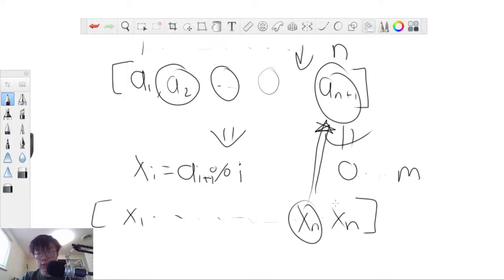So what is this last value then? Is x of n just going to equal a n plus 1? Okay, so this value x of n is going to equal a number between 0 and m, and then x of n minus 1 is going to equal